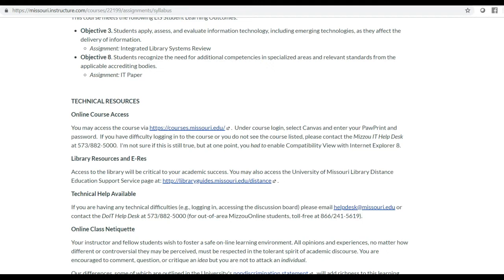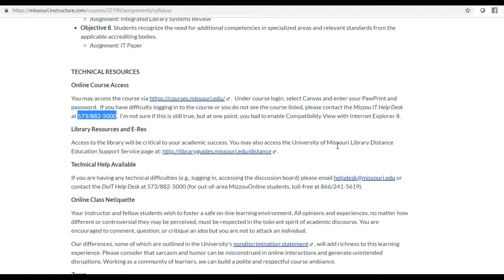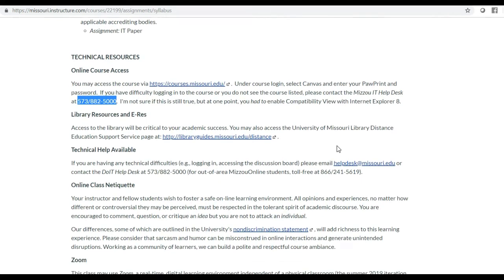Okay, so technical resources when you are running into problems. First of all, as far as accessing the class, if you've got any issues with accessing this class or other Canvas related issues, you can direct those to the IT help desk, which is area code 573-882-5000. Library resources. Please, since you are a library science student, you probably want to familiarize yourself with the library